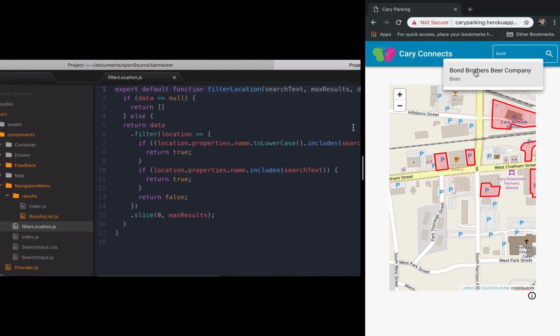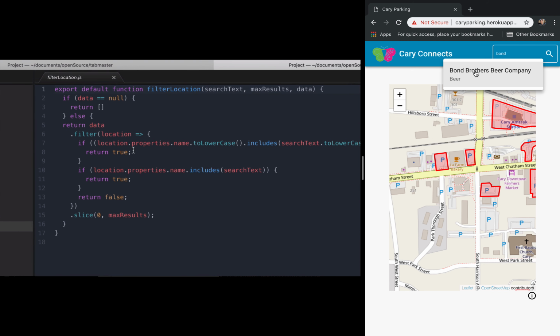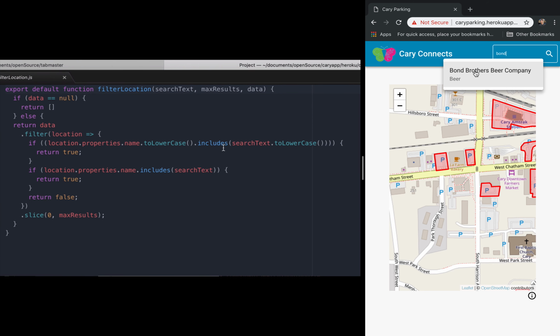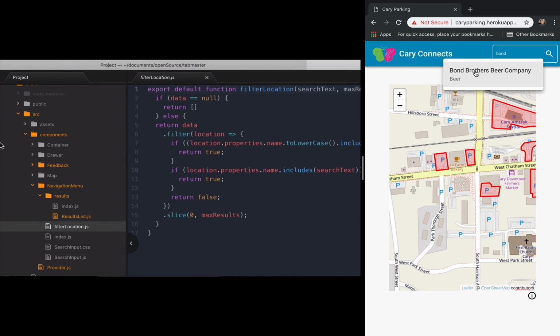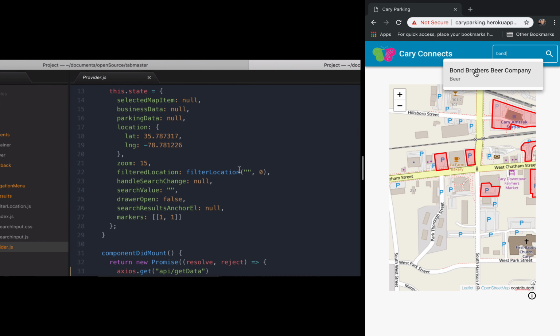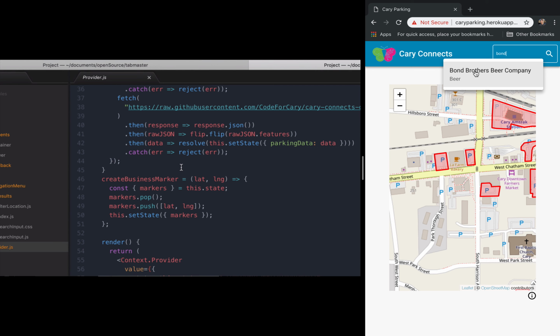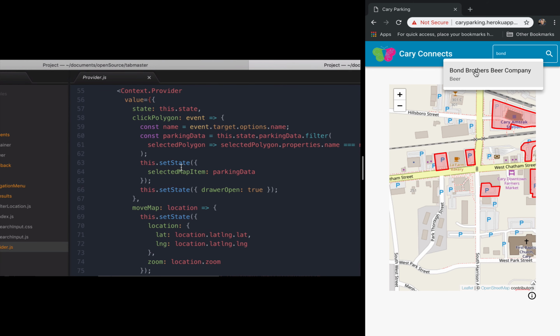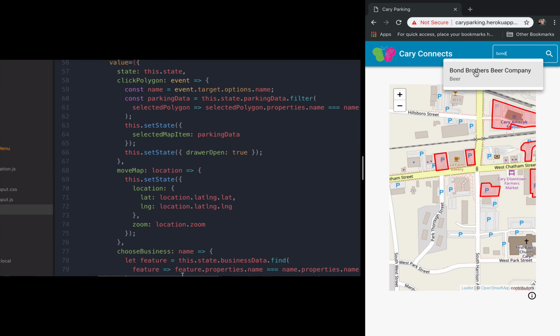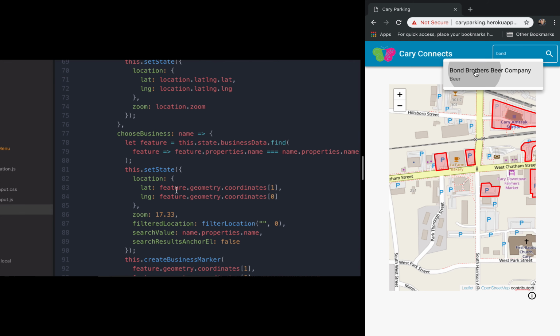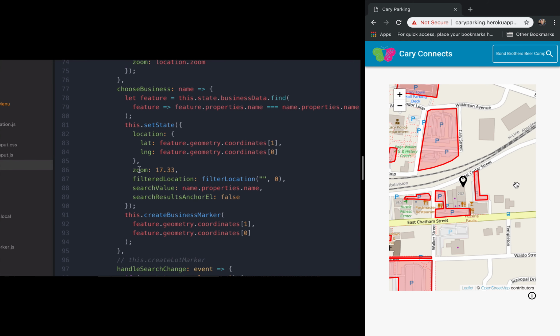The function that actually filters the search results based on what they type is this filter function here. Pretty straightforward, just using this includes method. And then the provider here for context, after the user's done this event where they click on a business that they want to go to, then we will execute the choose business function, which will set the lat long from that data instance of the business,